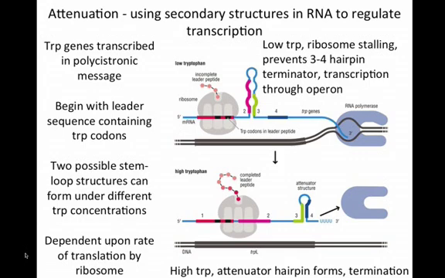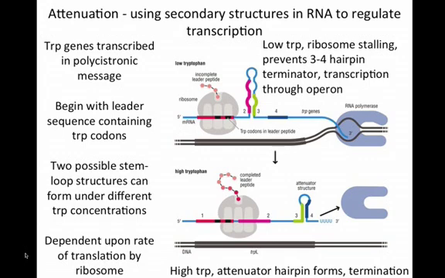And so it actually obscures this sequence here, which results in this hairpin forming, and that prevents this terminator hairpin. And this is the attenuator. So the thing to understand here is you've got 1, 2, 3, and 4. These 4 structures can form alternative hairpins. And if you stall your ribosome, it covers up number 1 and results in 2, 3 forming. And then you can get transcription all the way through the operon, resulting in an expression of all the genes